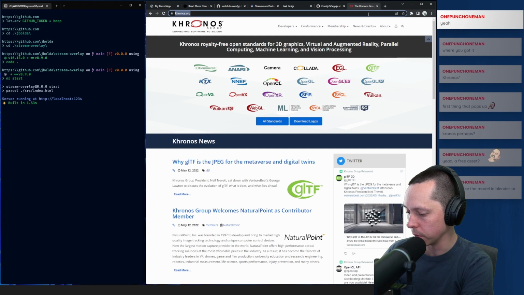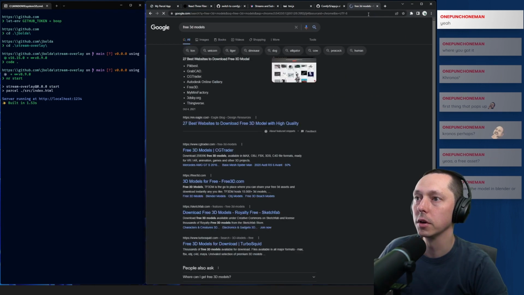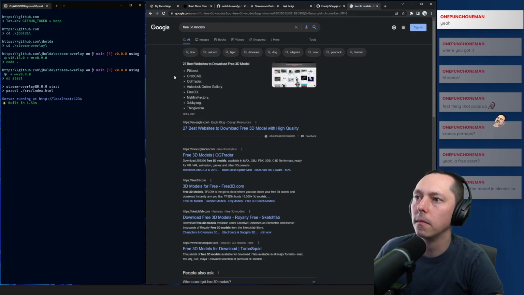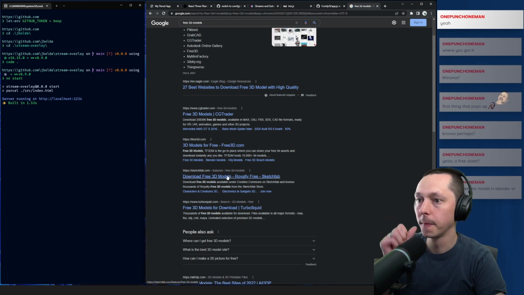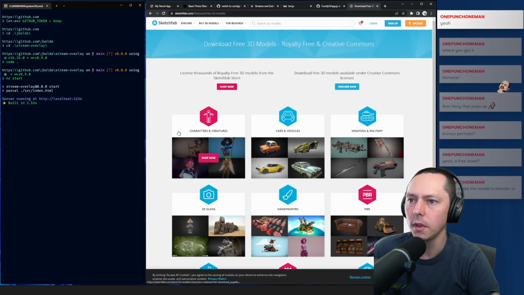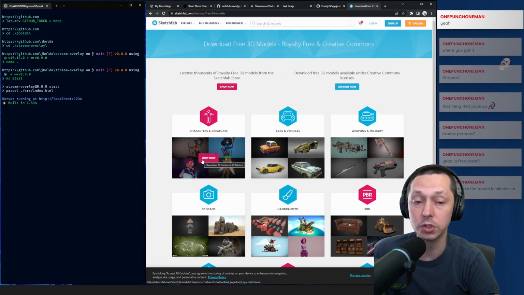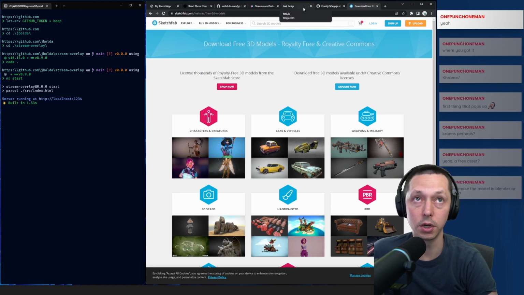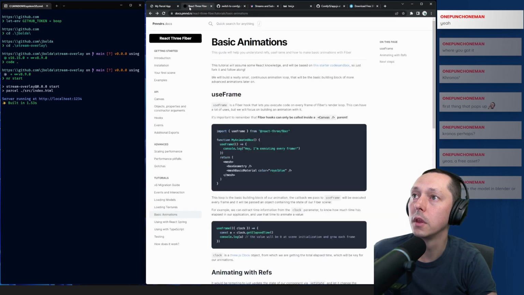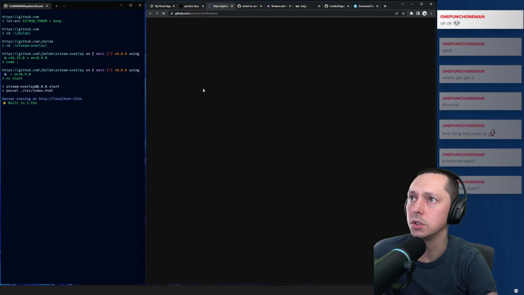I'll just see how Google can help us. Free 3D asset models. Models is a better word. Thank you, Google. It's one of the bigger ones. Sketchfab. They have a lot of stuff there too. But I specifically found one with the GLTF export because that's the file type that I know I could get working. And I also want to use Blender and export GLTF. But React, is it Drei? I think Drei has a GLTF loader built into it.